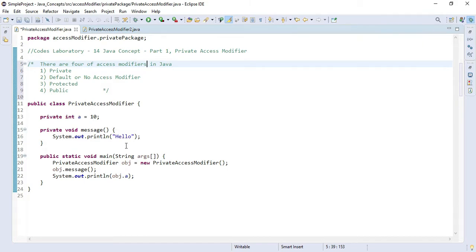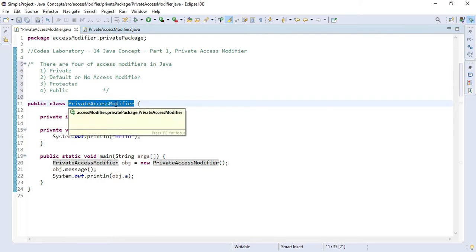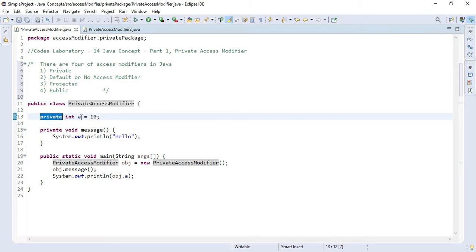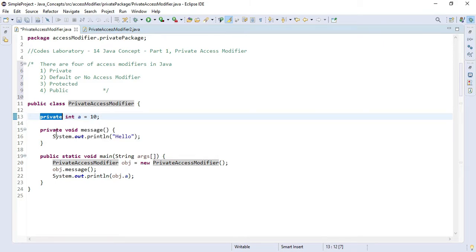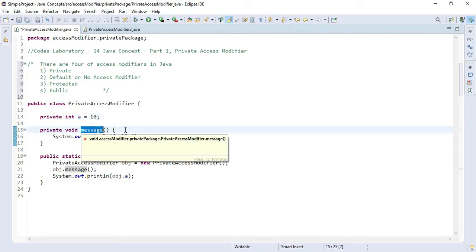As you can see, I have already created one class called private access modifier, and in that class I have created one private variable called a and initialized it with 10, and I have also created one private method called message. Let's see how we can use them in our program.